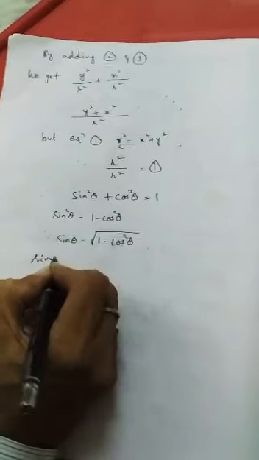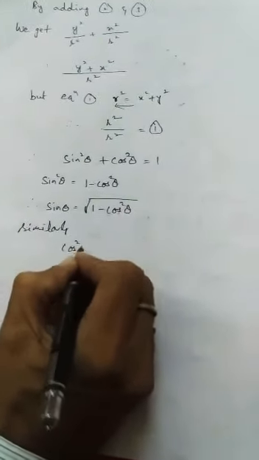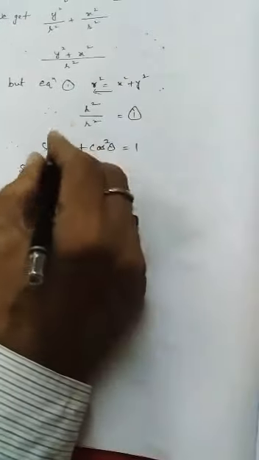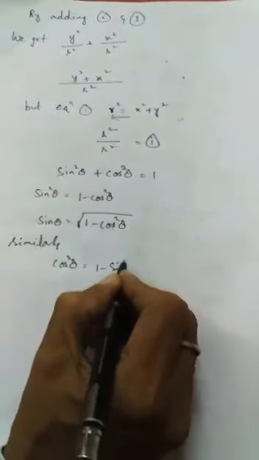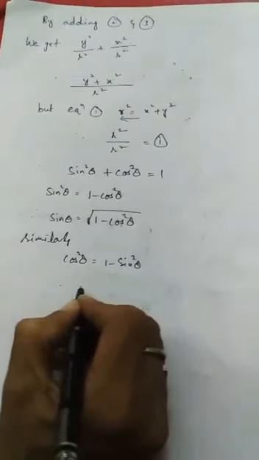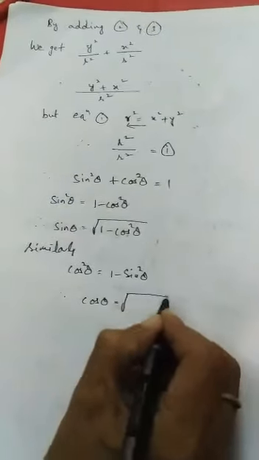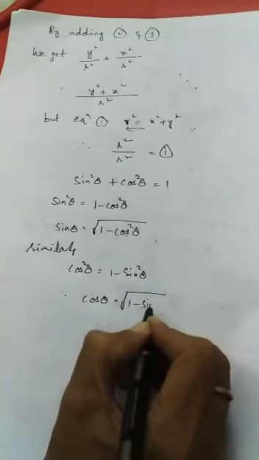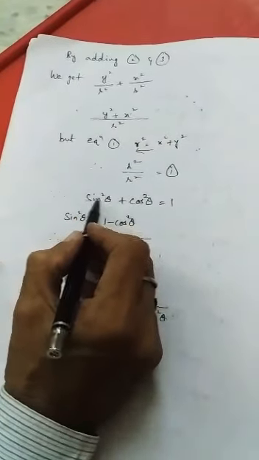Similarly cos square theta is equal to, if you bring sin square to this side, 1 minus sin square theta. Therefore cos theta is equal to under root of 1 minus sin square theta. So from this identity, sin square plus cos square